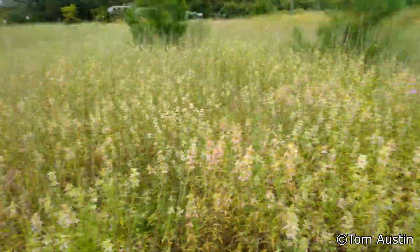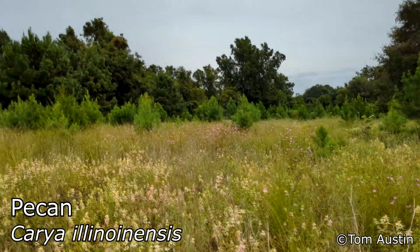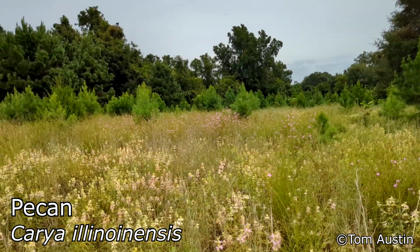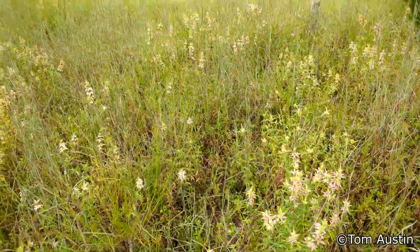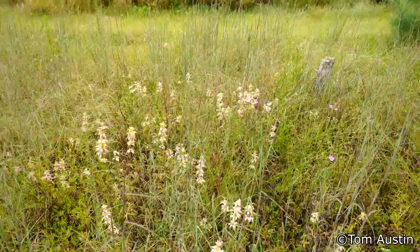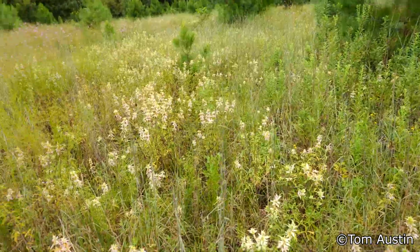And I do the same thing for all the pecans as well, because pecans, which are not native to South Carolina, they're native to the Mississippi River Valley, but they're brought here. They're hickory. A lot of our native species will use them plenty fine. They're not really invasive, but they do incredibly well on this site. And so they get out everywhere, from the squirrels and the rats hauling them around, and they come up out here in the meadows. So I've got to control them just to keep these meadows intact,